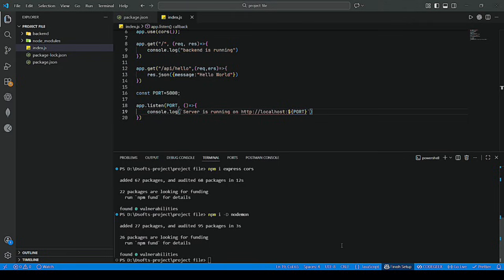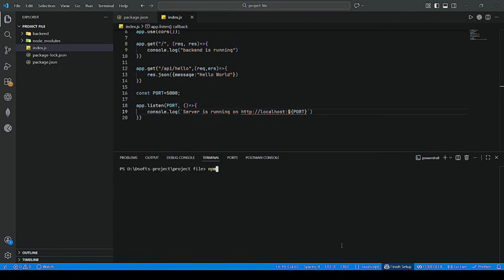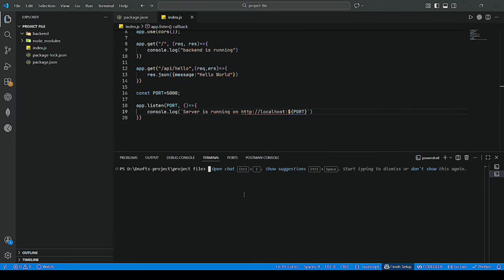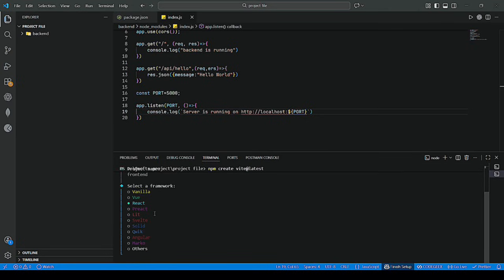So let's check our backend here. npm run dev. Here we go. Our backend is ready. After this, we will create our frontend app. We are going to create our React app with npm create vite@latest. This command will create our frontend app. Frontend with React